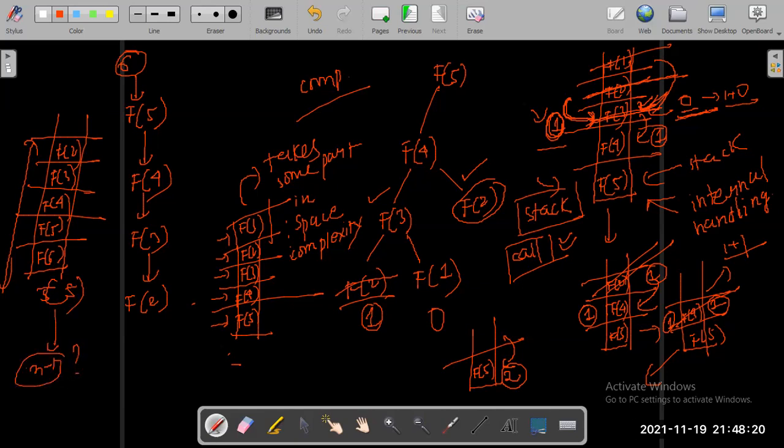Yes. Okay, great. If n equal to 6, we have at least n minus 1 functions inside our stack called call stack. For now, let's say f of 2 is fixed, right? It will return something. So pop it out and it returns 1 to our previous function call. Fine. So right now, after f of 2 has got popped out, how many functions are remaining inside the stack?